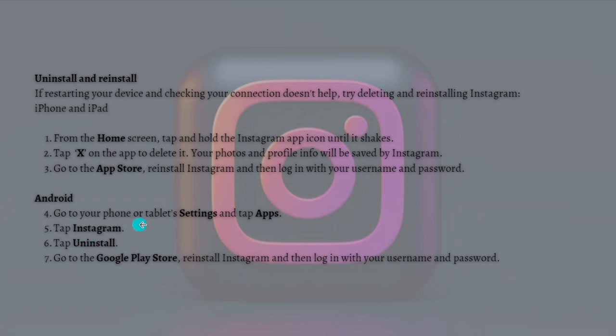by going into your phone settings and then tap into the apps and tap Instagram, and then simply hit the uninstall button. So just go to the Google Play Store and reinstall Instagram and then log in with your